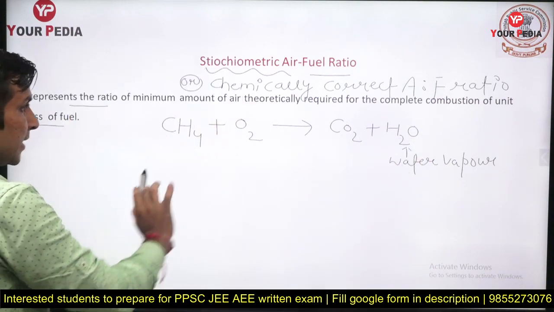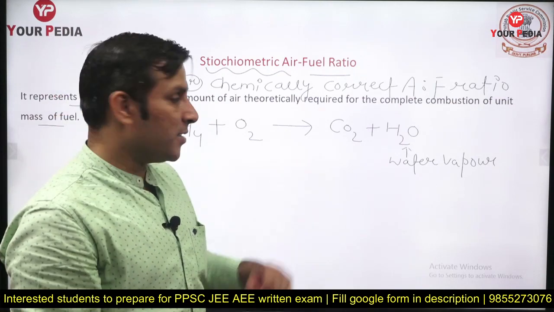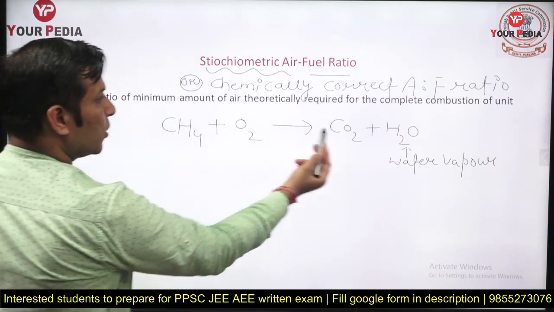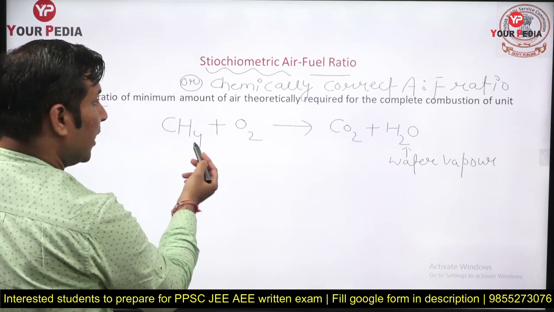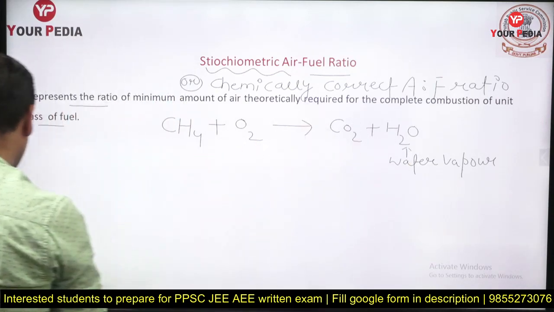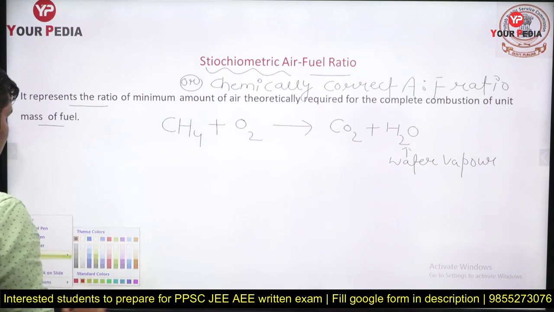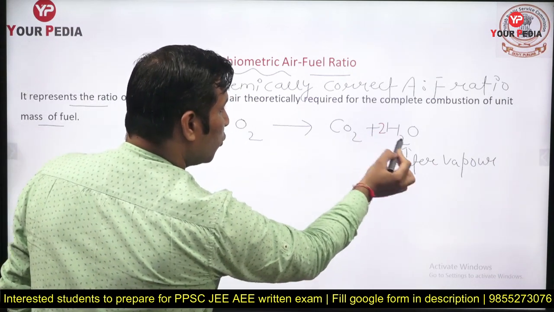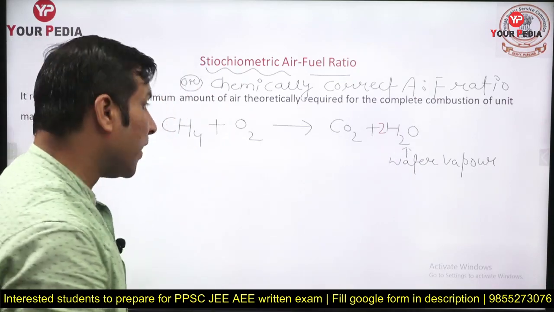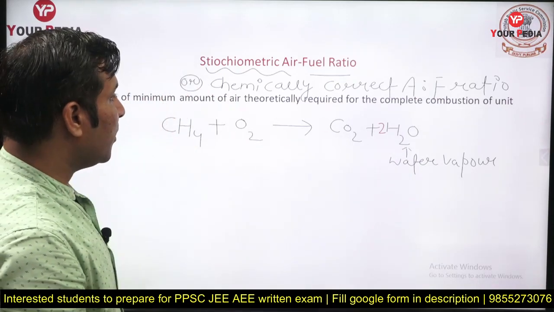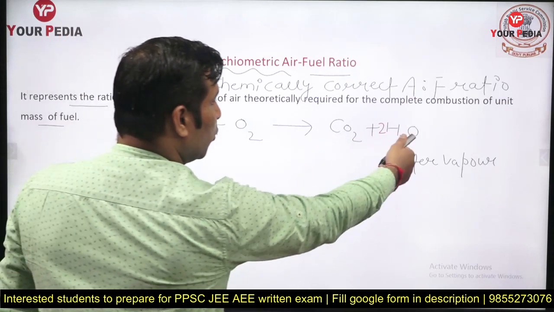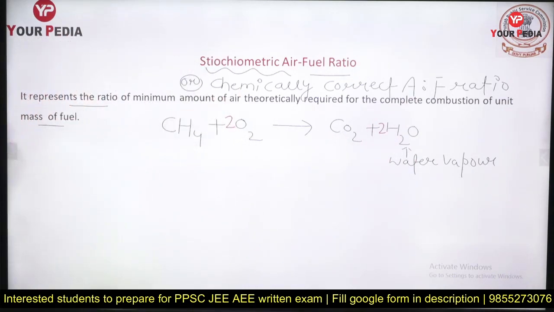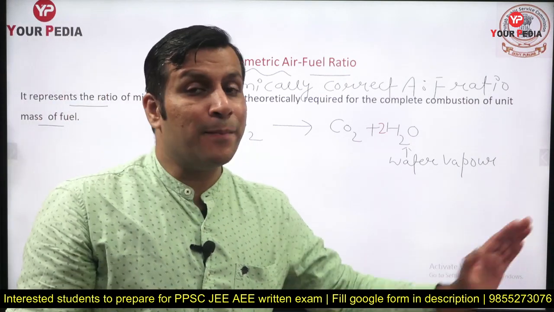Now, is this equation balanced or not, guys? This is not a balanced equation. Why? Because here how many carbon? Carbon is 1, fine. How many oxygen? Oxygens are 3 here. How many hydrogen? Hydrogen are 4. So you need to make this equation balanced. Let me write here 2, so with 2 you will have 4 hydrogen, fine. So hydrogen is balanced, carbon already balanced. How many oxygens? 2 and 2, that is 4. So you can write 2 more here. Now you are having a balanced chemical reaction.